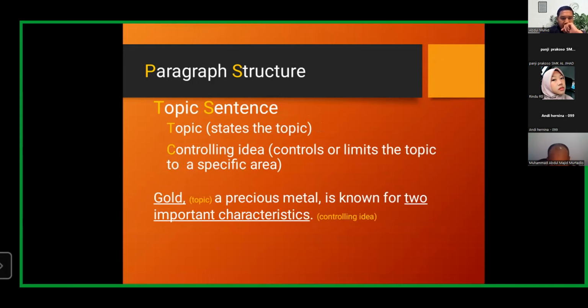Topic, controlling idea, controls or limits the topic to a specific area. Gold, as a precious metal, is known for two important characteristics. Controlling idea.